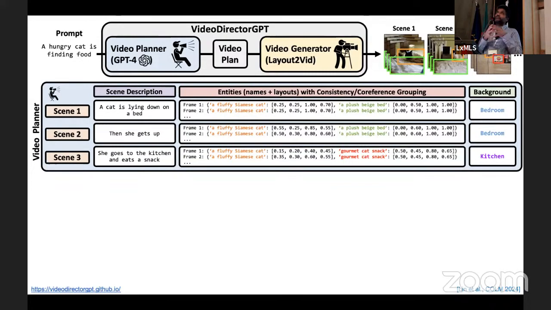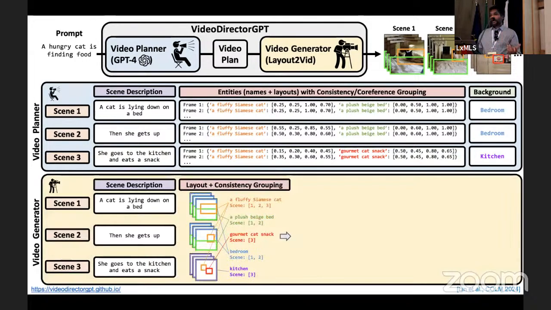The idea there, one of the main models to do that, would be that when you get a new entity mention, like he or she or they, you need to predict whether this belongs to an existing entity cluster, versus should I start a new entity cluster here for this mention? So same thing we are doing on the video generation side. For each scene, when it predicts the mentions of these boxes, it also needs to predict whether this box already belongs to a color that exists, like the cat, or this is a new entity cluster for, say, the snacks, which is red.